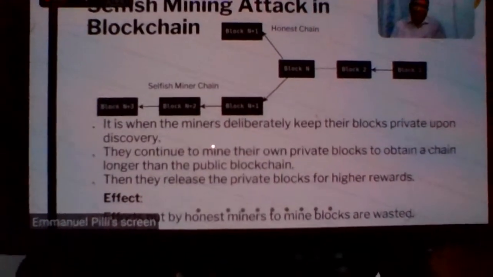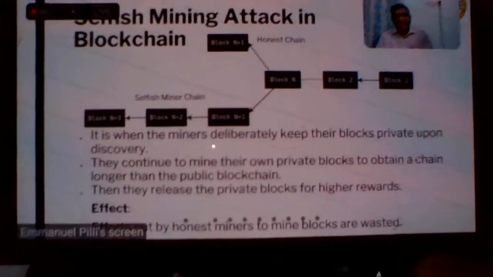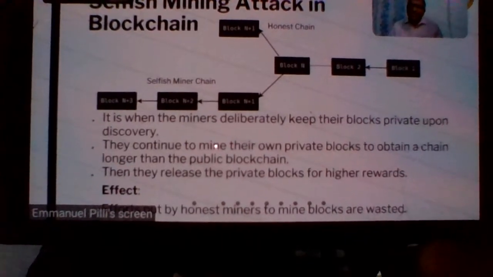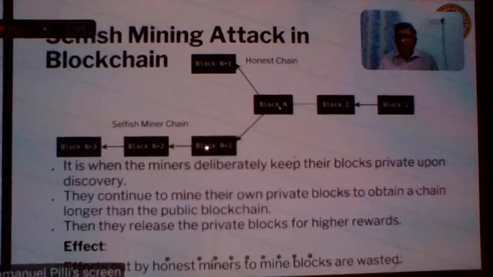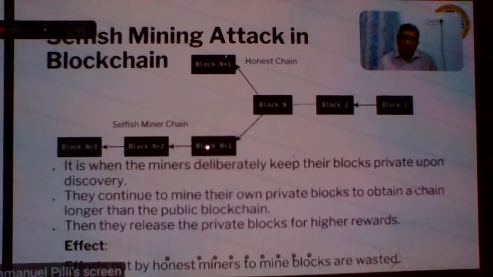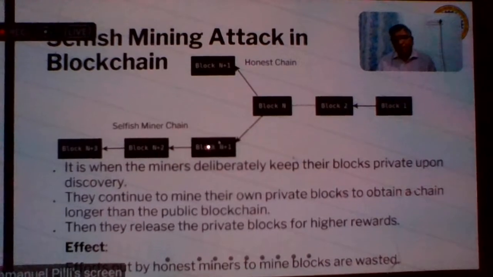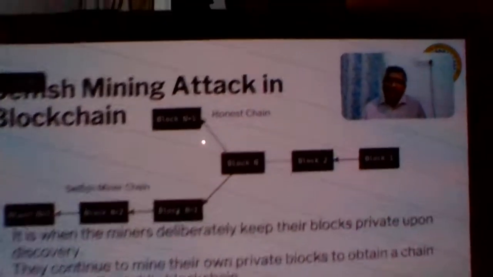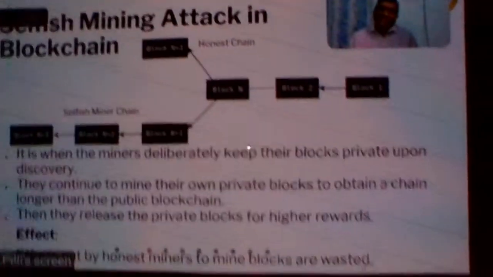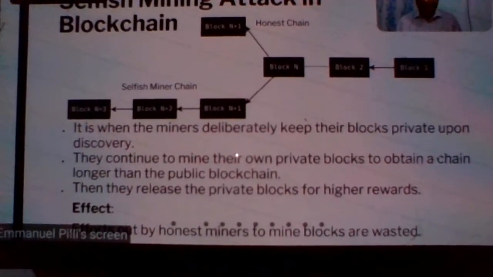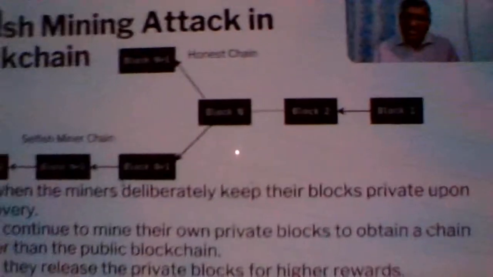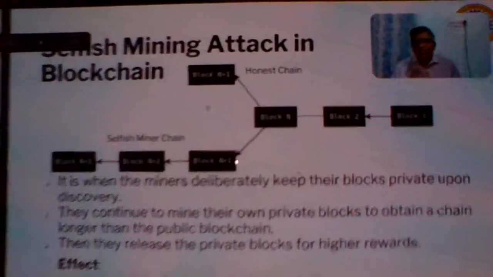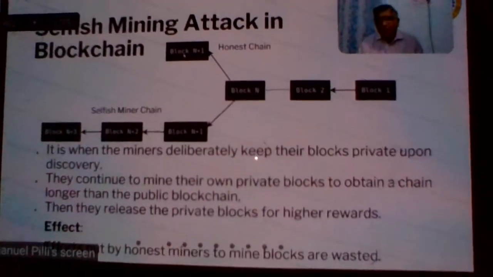Dr. Sushmita made a passing remark about what is called the selfish mining attack, right? What is selfish mining? Block 1 is created, block 2 is created, and after block n is created, different miners are looking at block n plus 1, and let us say one miner, miner A, has got block n plus 1. What he should do? He should announce to everybody that I have created block n plus 1. But because he is a selfish miner, he doesn't announce. So there are other individuals who are still struggling, and finally they get block n plus 1.